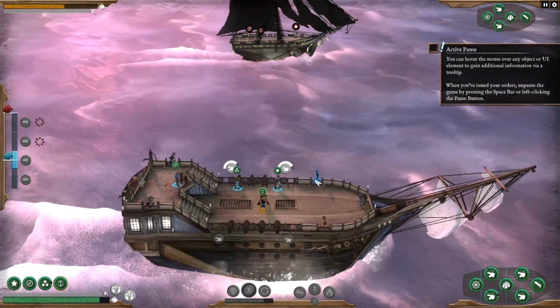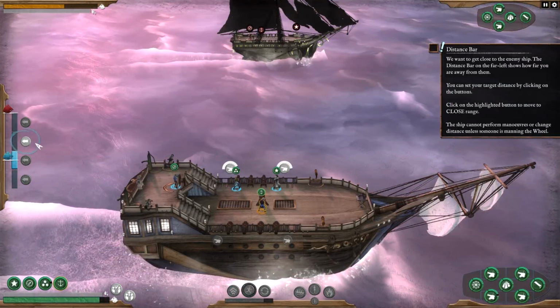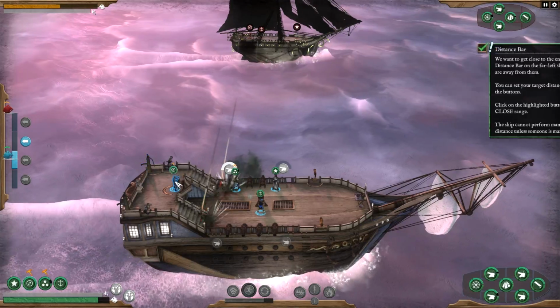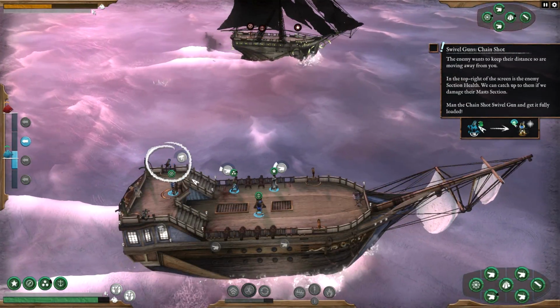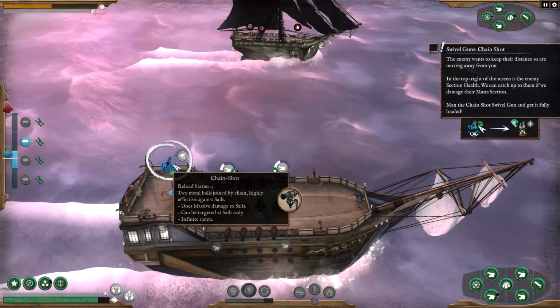Orders have been issued. So, let's wait and see what happens. There we go. We need to move closer. And we need to move closer, like, badly. This right here controls the spacing between you and the enemy ship. Depending on what you want to do...